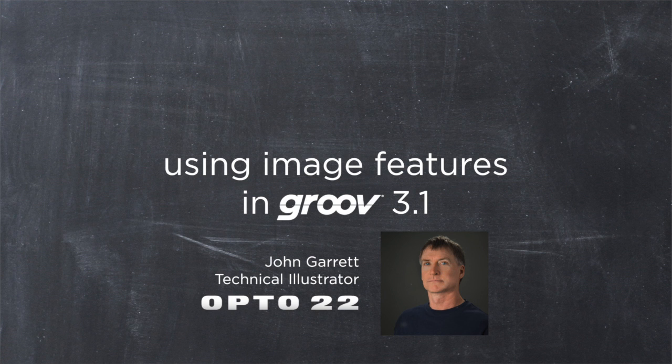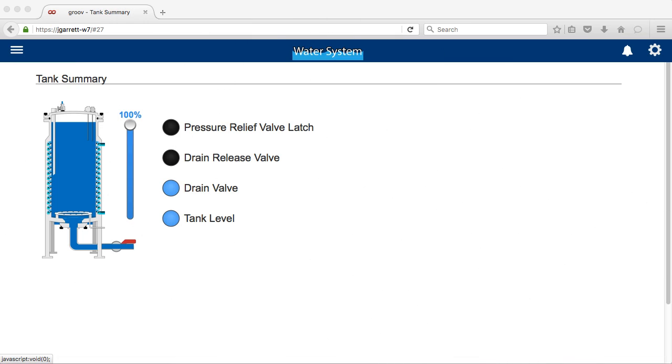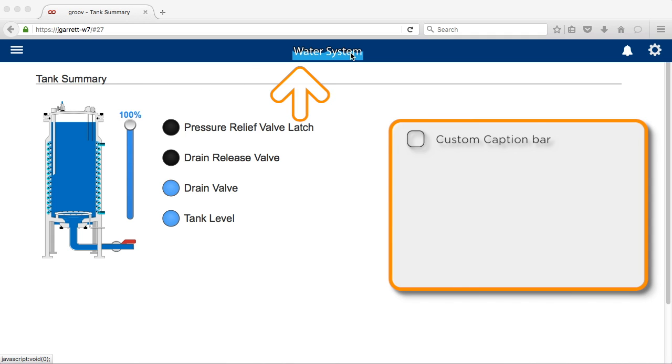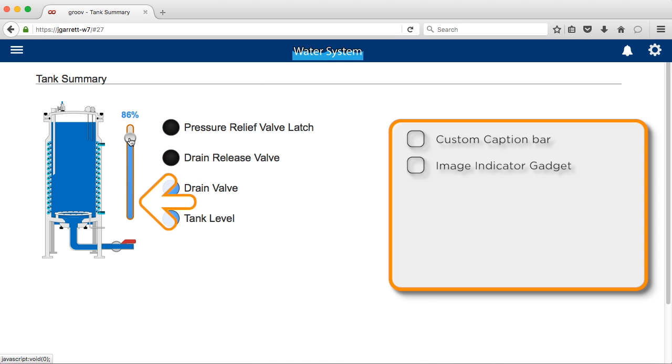Hi, in this Groove workshop, I'll show you some cool graphics features in Groove. I built this project earlier to demonstrate these features. Up here at the top I have a custom caption bar. Here is an image indicator showing tank level that I've connected to this slider so you can see it in